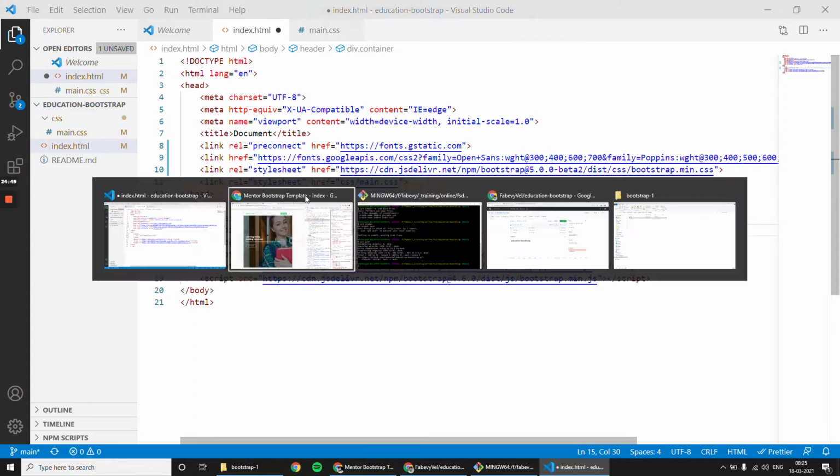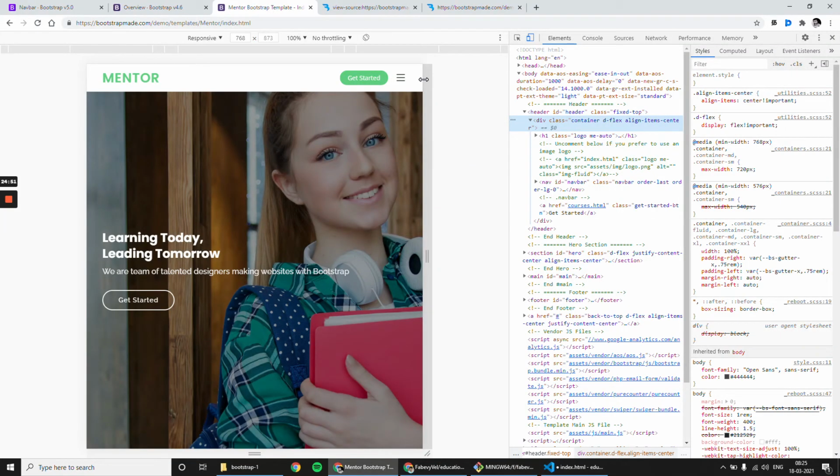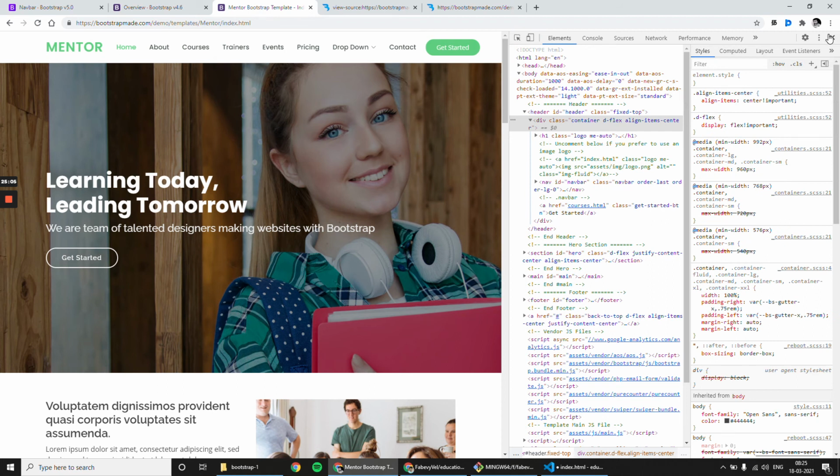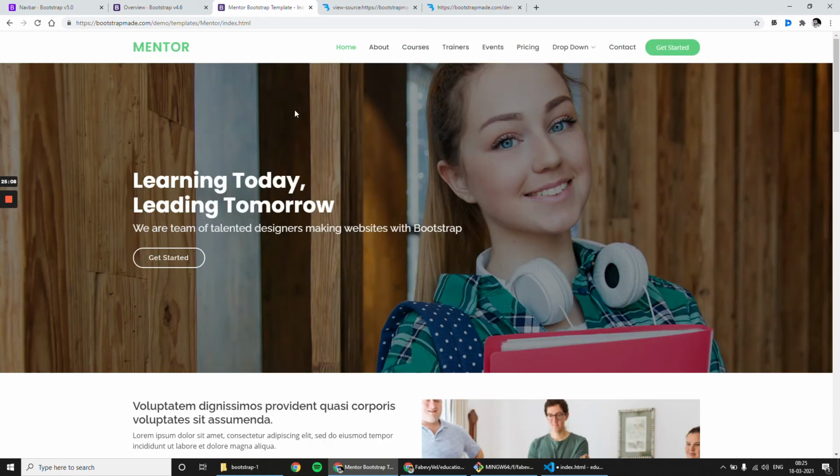One is container and one is container-fluid. Container-fluid means it will occupy 100% width. In small screen, obviously it will occupy 100% of it, but you have to check the large screens and remove the emulator. Now you can see there is more space in left and right side, which means they didn't use container-fluid, they have used container.